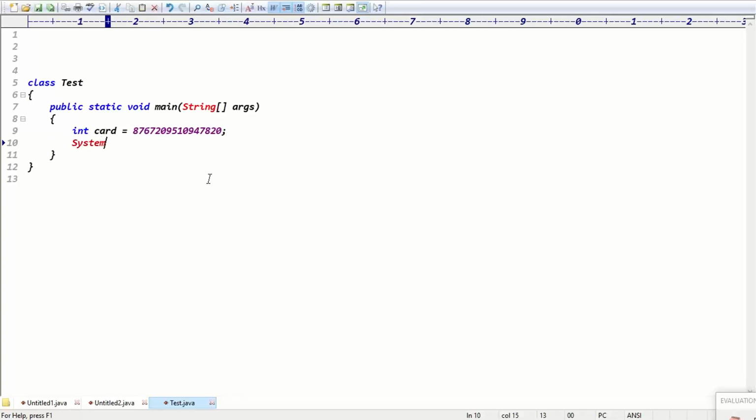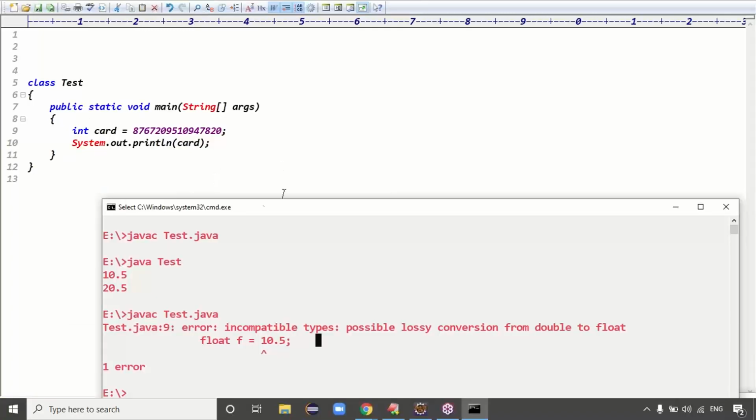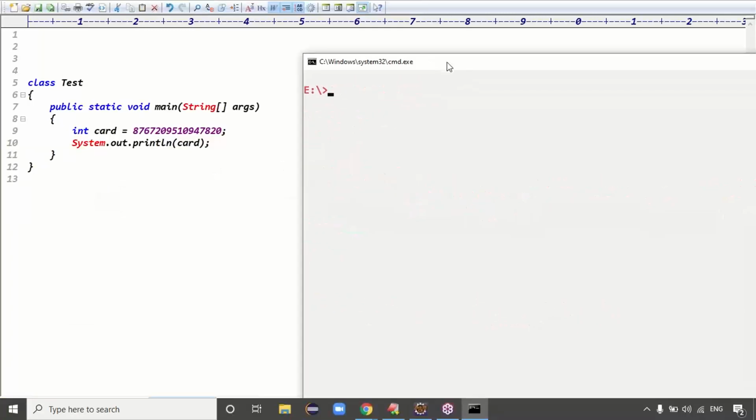Then I'm taking the credit card number and trying to print the card number. Tell me, guys, when I'm printing the card number,